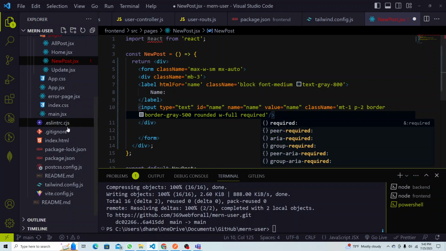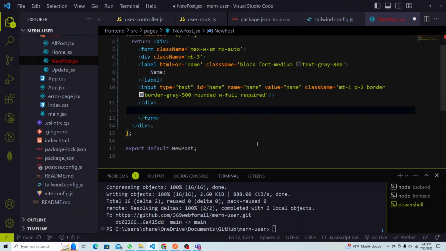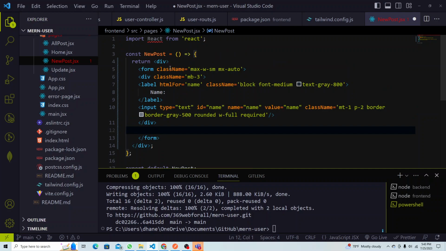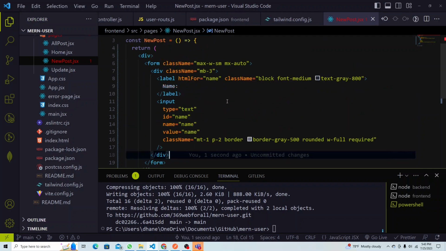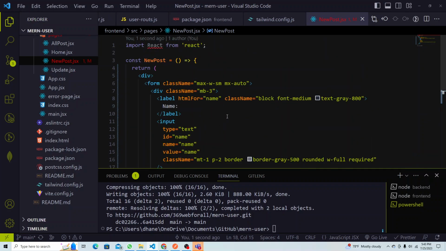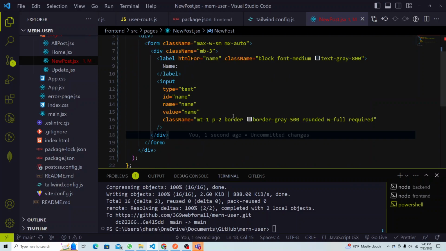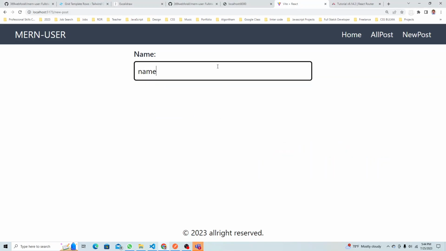Okay, so let's see if this works. Okay, this will return, so let's see if this will work first. We have one field now. So okay, it looks something like that. Okay, so we're gonna add the, you know,